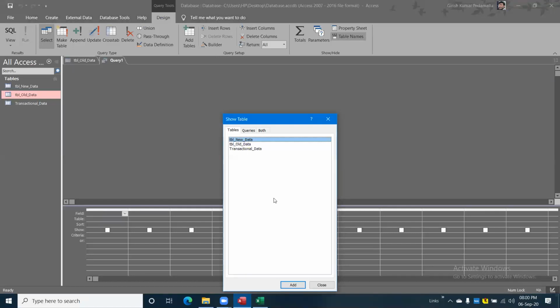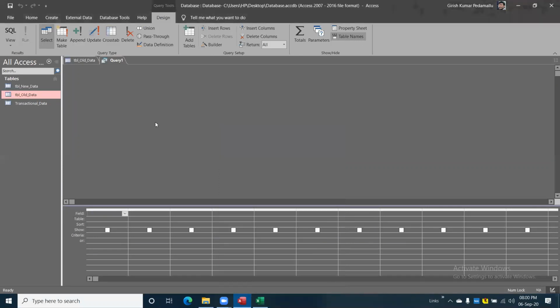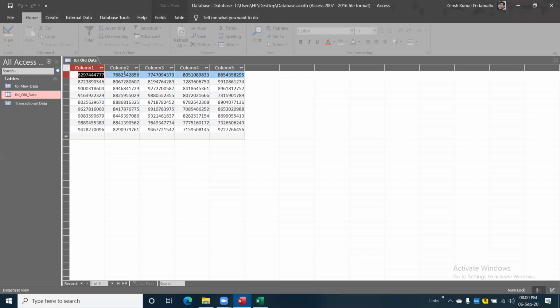First of all, to write a SQL query, we need to have some environment, right? For example, if you want to write a macro code in Excel, you will open a VBA editor, Alt F11. Then you will create a module, and in that module you write VBA code. Like that, if you want to write any SQL query, how to do that?